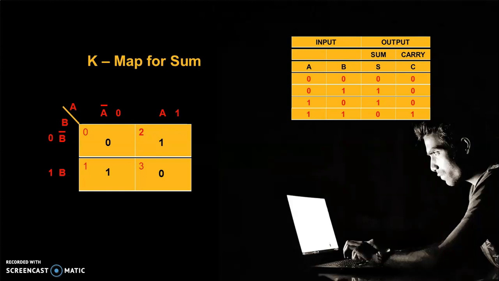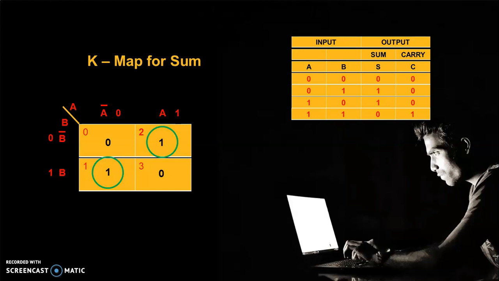Now let us prepare groups of minterms. But from the K-map we can easily see that even a pair is not possible. So we will have to go for isolated ones. So this is the first group and this is the second group. Now we can write a Boolean function based on these two groups.